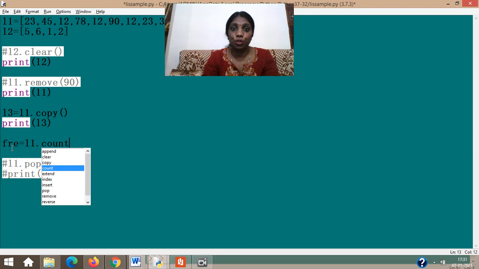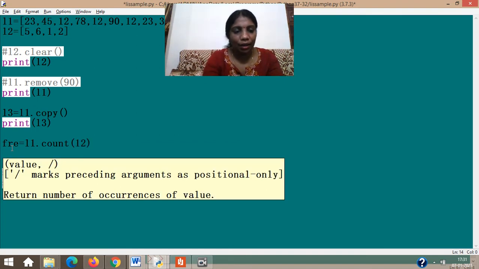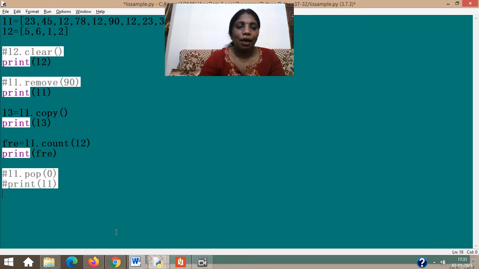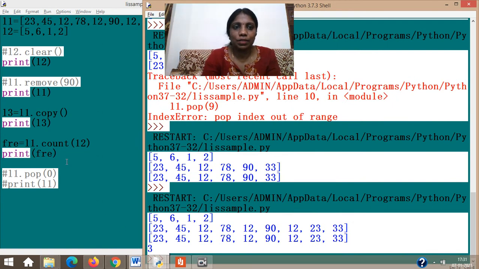So Python gives such an option to remember the commands without even by-hearting, but how to use them and what arguments you should write, only that is not given. See, now I can open it and I can give a value there. If I am giving the value as 12 and then I am printing FRE, some people might have already guessed what is happening. FRE is a variable which will right now get the number of occurrences of the value 12. 3 times 12 is present in that, isn't it? So 3 times it will be printed.